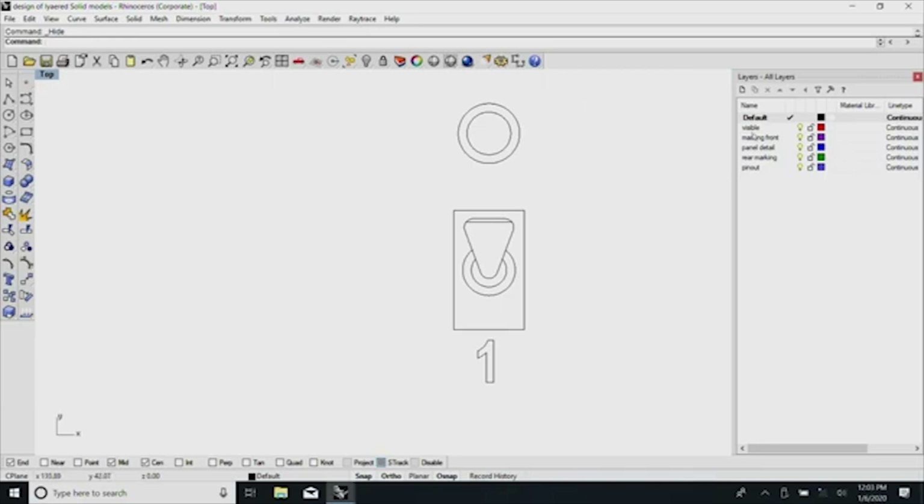different layer. So, on the right side allow me to repeat what I have repeated earlier. I have a layer which shows all the items that are visible, and then I have also a front panel marking, and then a panel detail. In the case of panel detail, in the last session I talked to you about how, if you have a switch, to prevent its rotation, because it has a hexagonal tightening thing in the front and does not have a printed circuit board at the back, you need to also make details of the opening that you need to create. Then further down is the actual marking, which gives you hints